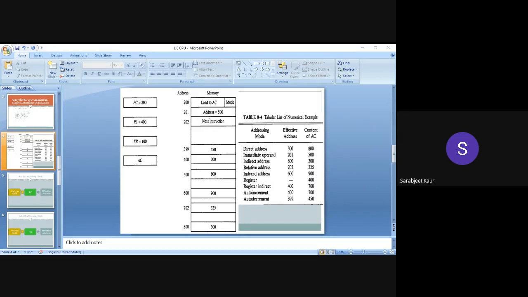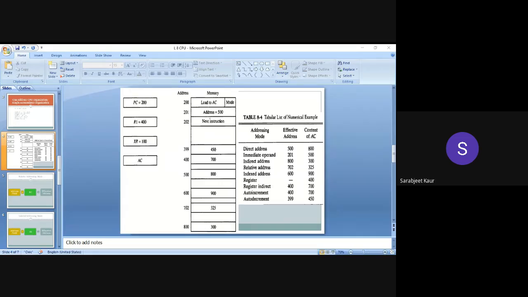Now, if the addressing mode was direct addressing mode, let us find out what will be the effective address and what will be the contents of the AC. If the mode suggests that the addressing mode is direct, then as we have just discussed, this 500 does not denote an address, it will denote the actual operand. So what will be the operand in this case? The operand in this case would be,